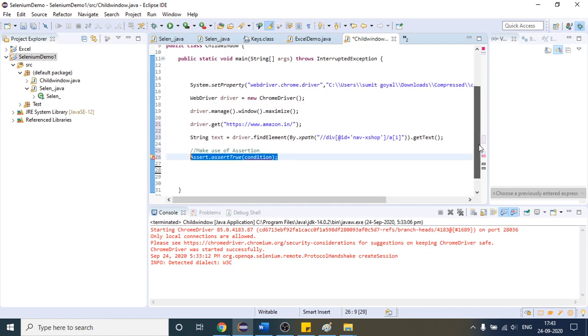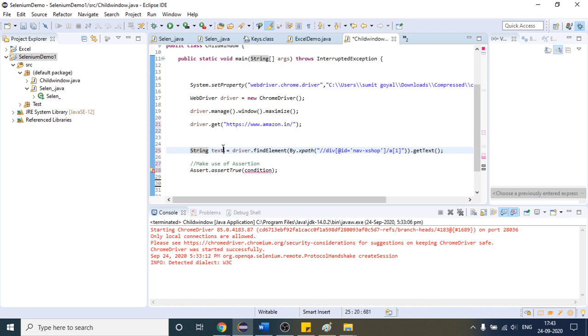So here what I am trying to say is that I will use this assertion. Inside that, suppose before that, let me write like this: the text we fetched. This is the text we fetched, and suppose a string compare. I am saying that this should be the text present. So what is the text? Suppose I am saying mobiles. I am saying that when we fetch the text from the browser, it should match with this.